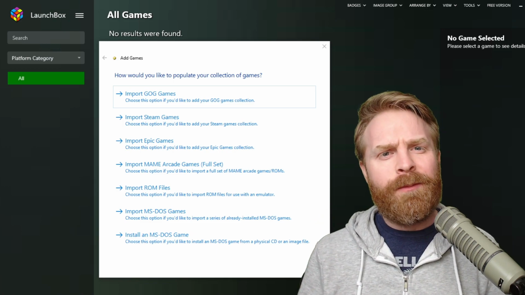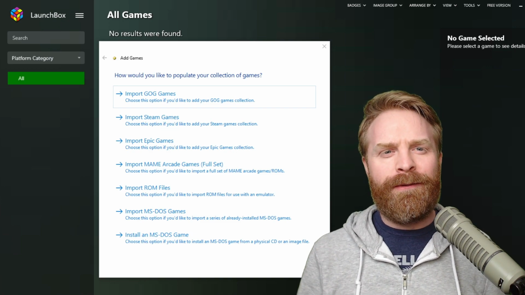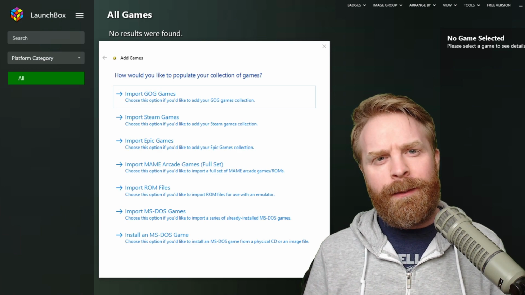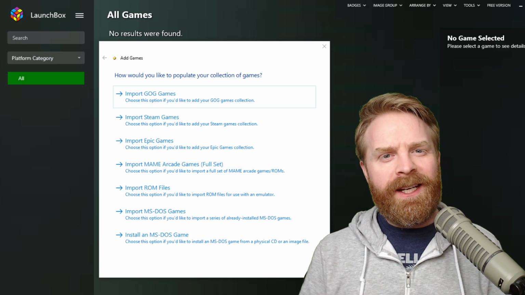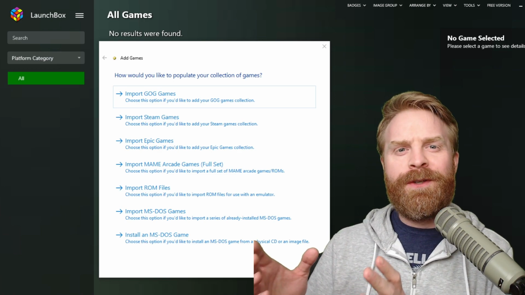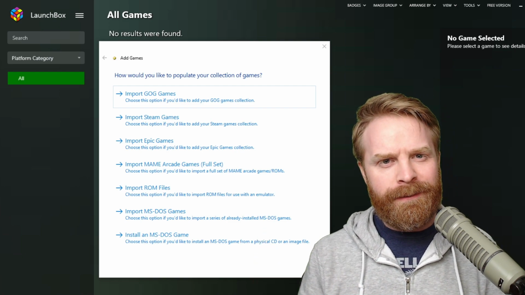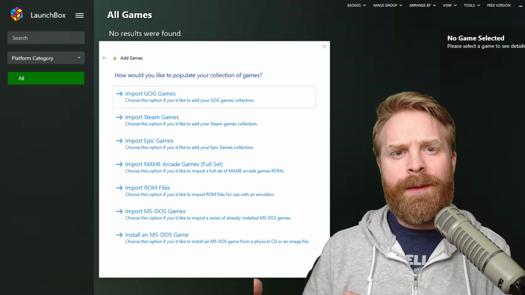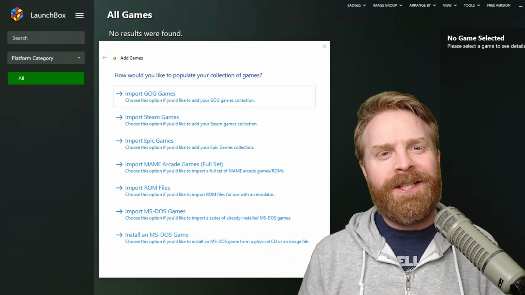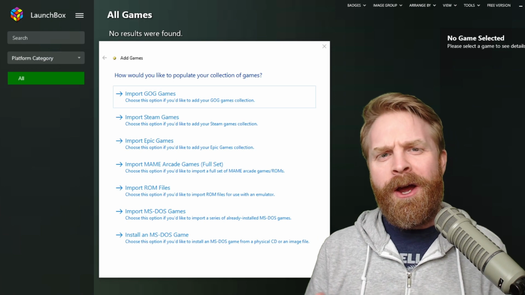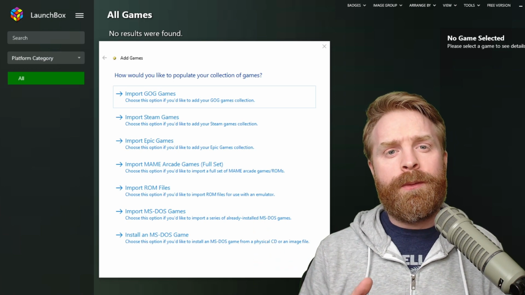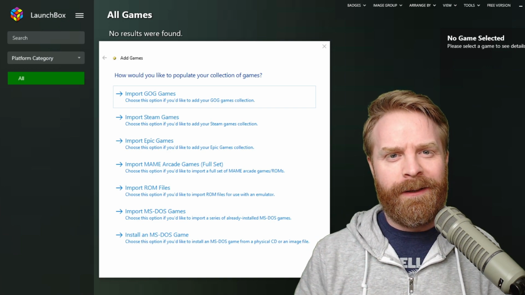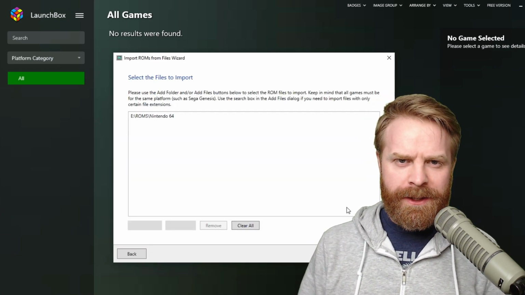Now, when you first open up Launchbox, you have a few different options to import your games. If you're importing Steam or Epic games, it's relatively straightforward. If you're importing ROMs, this is where you have to be a little bit more specific. If your ROMs are neatly organized in a folder with a bunch of different subfolders per system, this setup is pretty easy. If you have to hunt around your system for ROMs located in random files, this will be incredibly difficult. What I recommend doing is putting all of your ROMs together in one folder or a series of folders all in one directory.